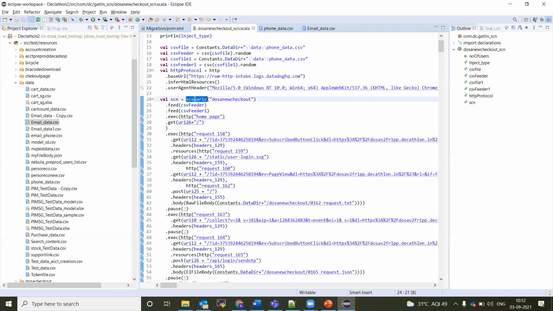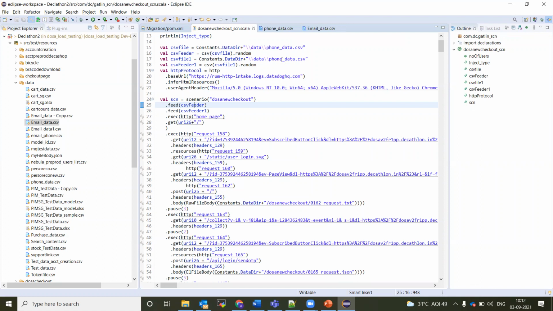So in the scenario, I have added 2 feeders. These 2 feeders will have data, and by default it will take it from the latest one. But ideally, you don't have to add the same feeders. Generally, you will add multiple test data. For example, here I have phone data and here I have email data.